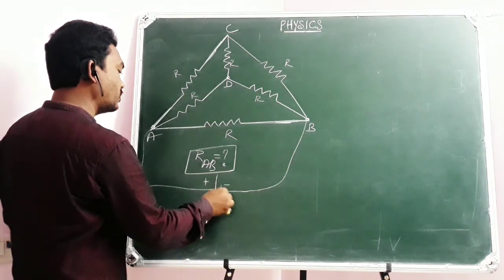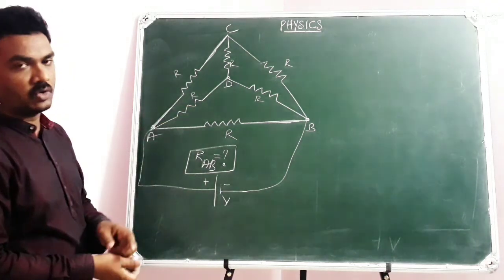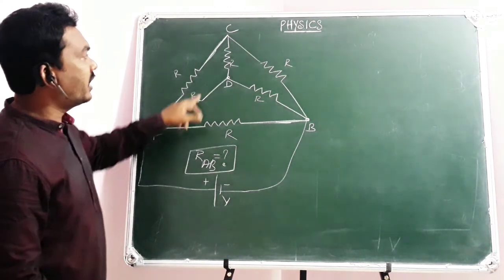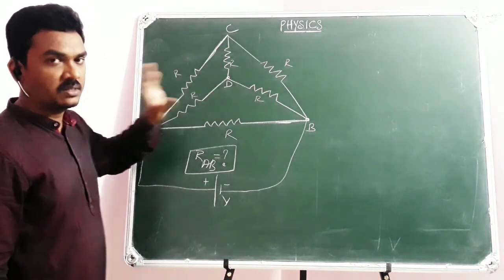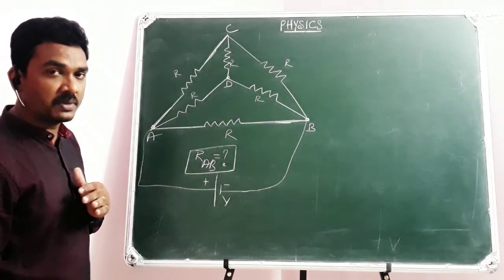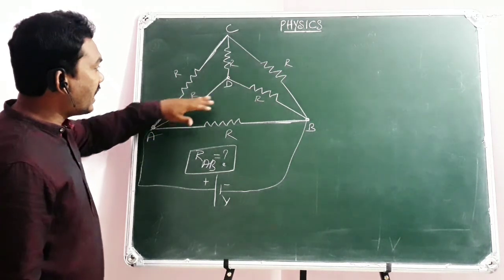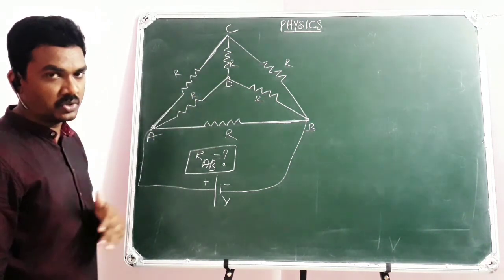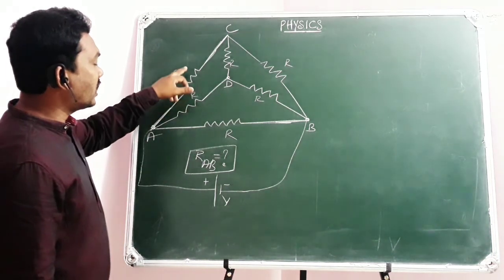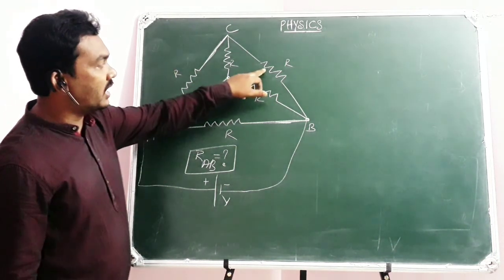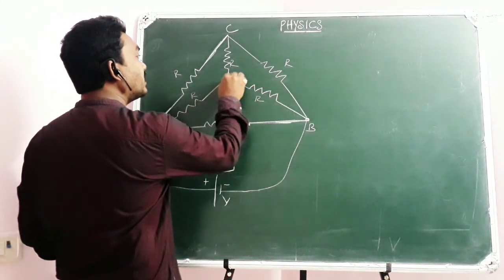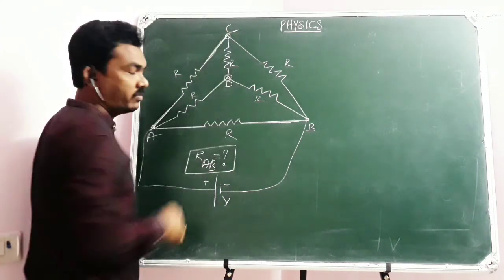AB. Looking at this electric circuit, of course current divides at A into 3 paths, and again current travels through these paths. But you can see the upper portion of the electric circuit, ABCD, represents a Wheatstone bridge, so that R1 by R2 equals R3 by R4. C and D will be at equipotential.